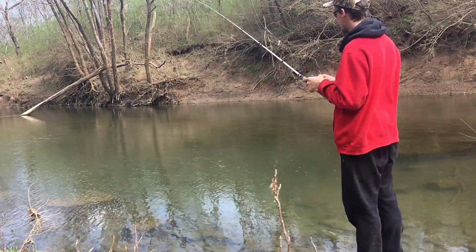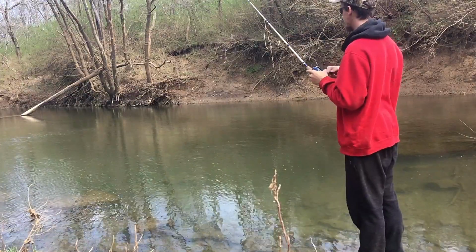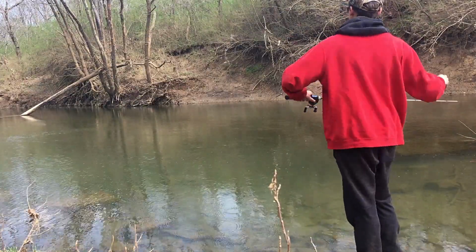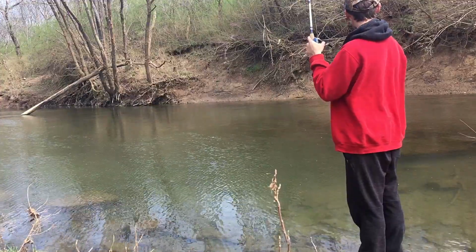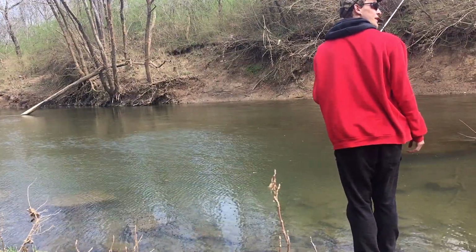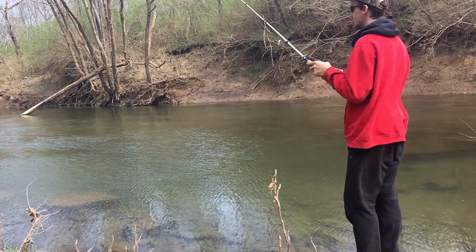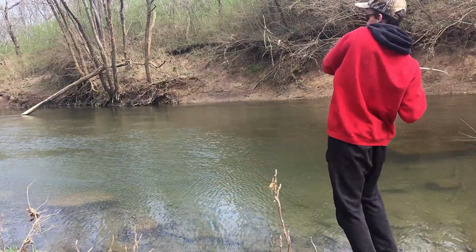Basically all I'm doing right now is just fishing this lizard off the bottom. I'm swimming him around a little bit where I see the bass sitting. This isn't even the spot I was actually gonna go to, but it had so many fish that I would be, oh, all right guys, oh, we hooked up,